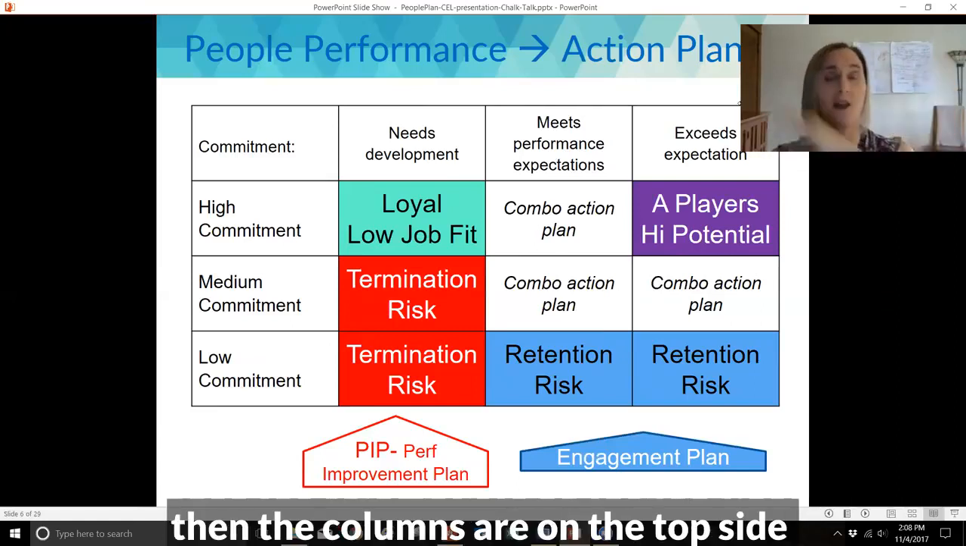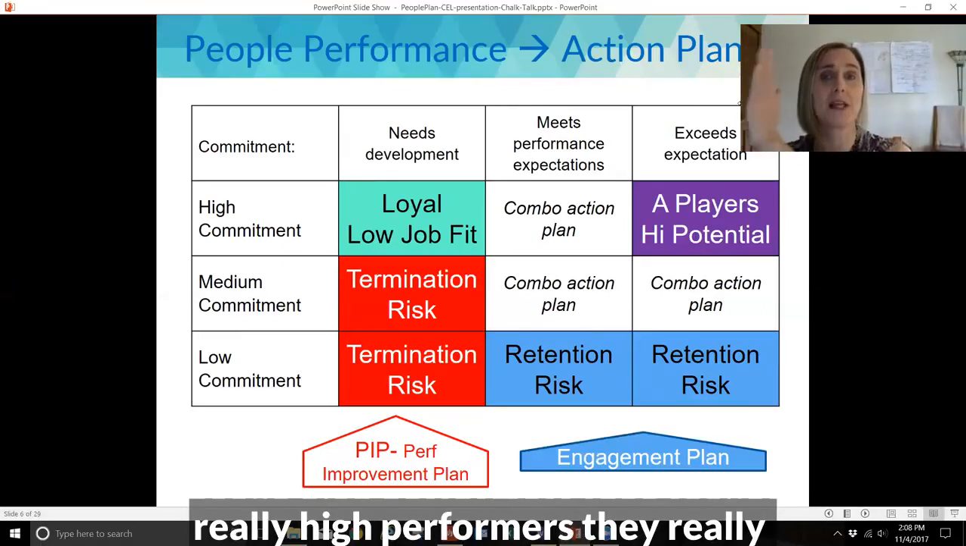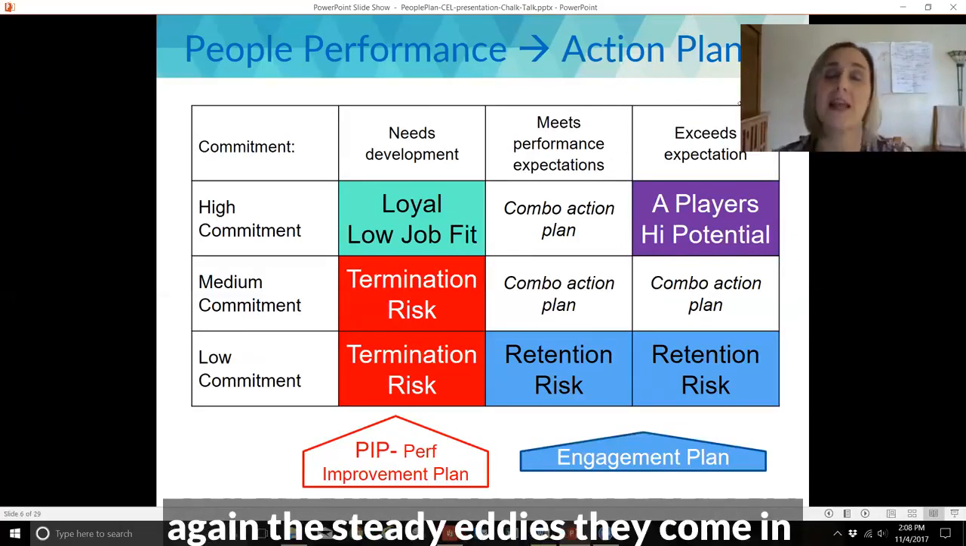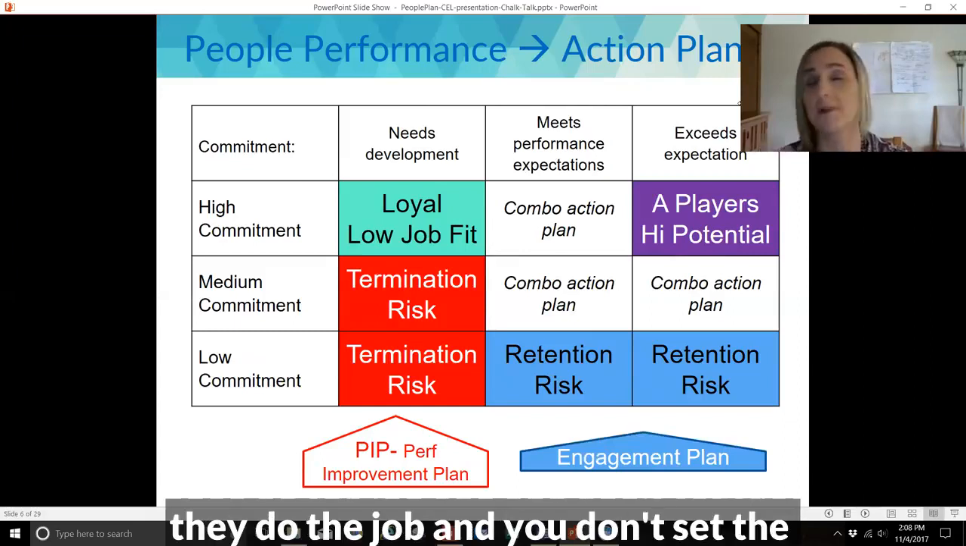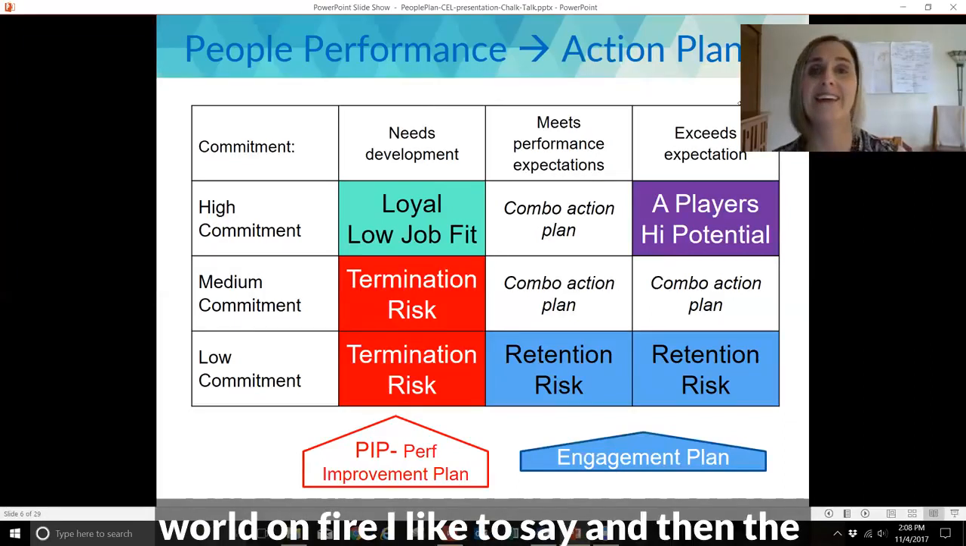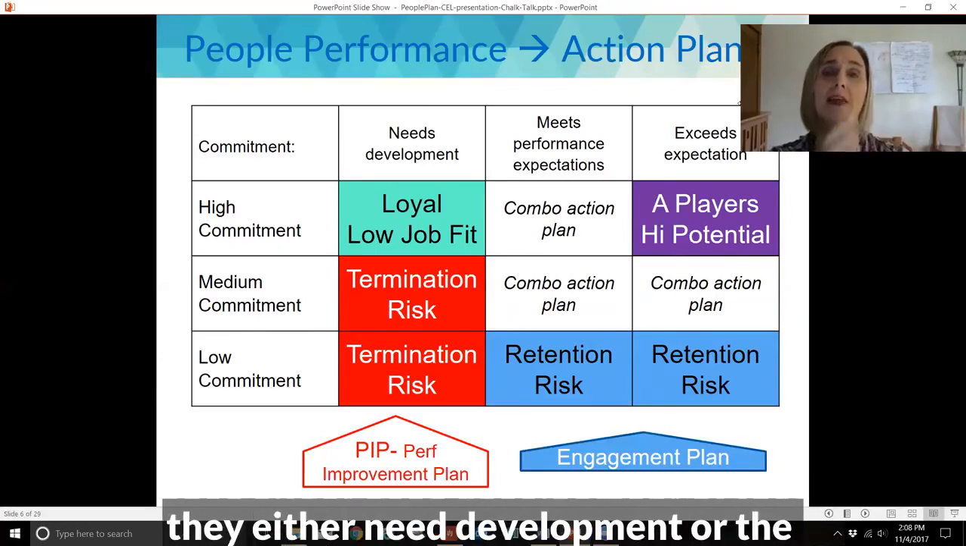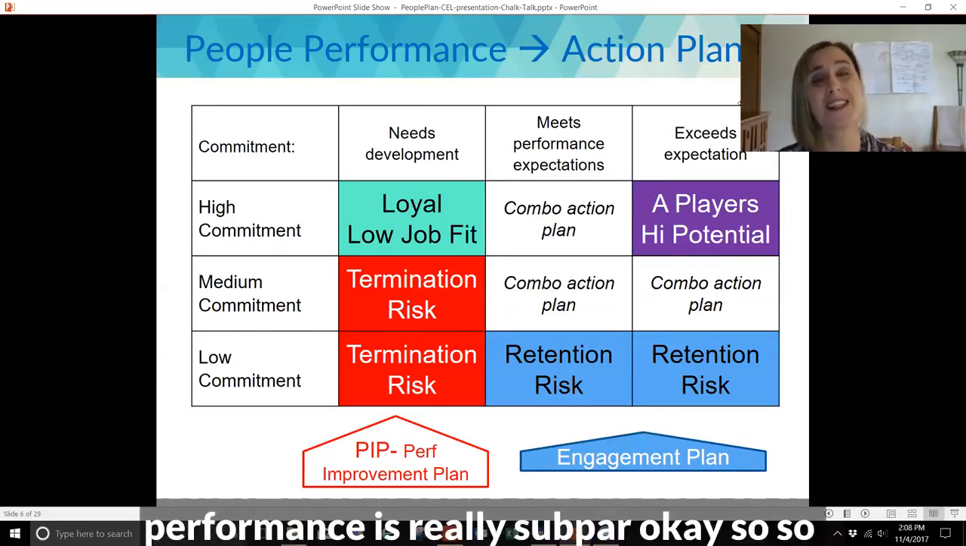And then the columns are on the top side, really high performers. They really exceed your expectations. The middle column is for people whose performance, again, the steady eddies, they come in, they do the job. Maybe don't set the world on fire, I like to say. And then the far left column are your people that they either need development or their performance is really subpar,